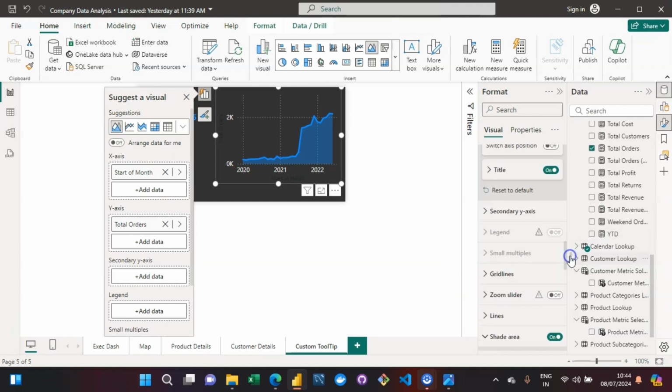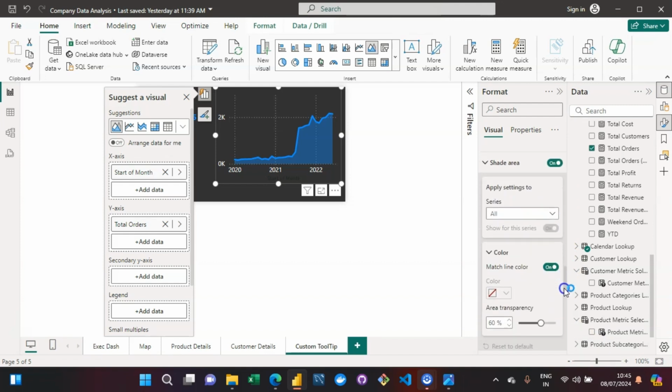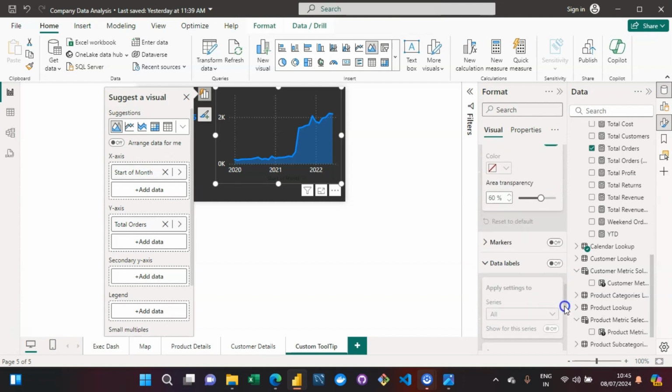Then the title, we should turn it off, right? We are not exactly interested in showing this title. With respect to my secondary y-axis, I don't want to show anything. With respect to shade area, that is completely fine. And